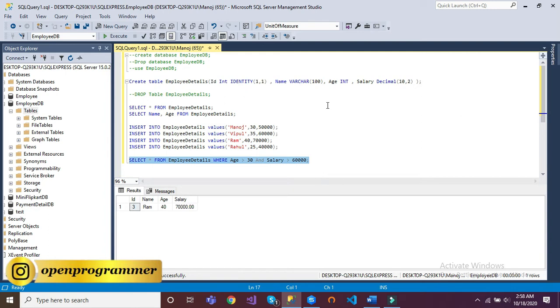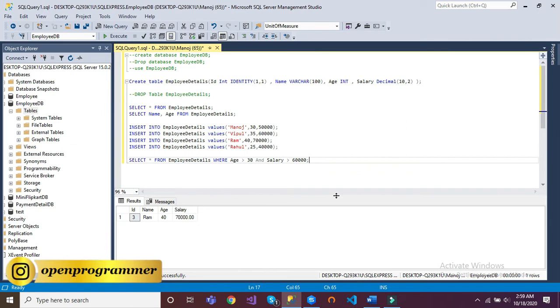Okay, let's execute it. So you can see Ram is the only person having age greater than 30 and salary greater than 60,000. So in this way you can use multiple search conditions, right? That is how we can select using multiple filters, or you can say multiple search conditions, right?